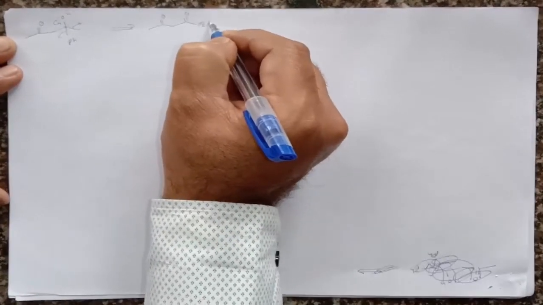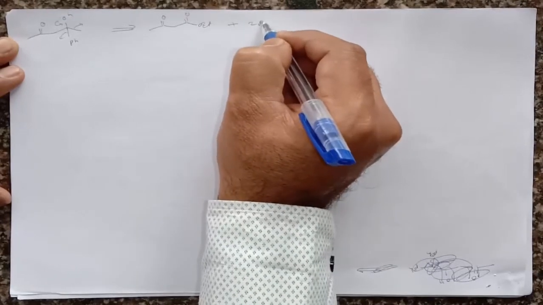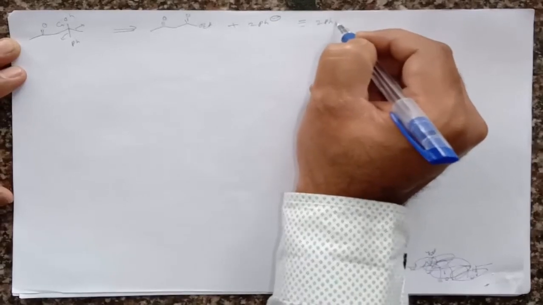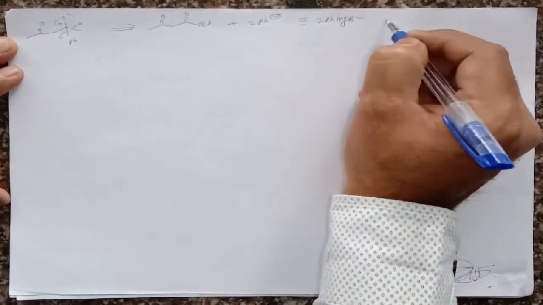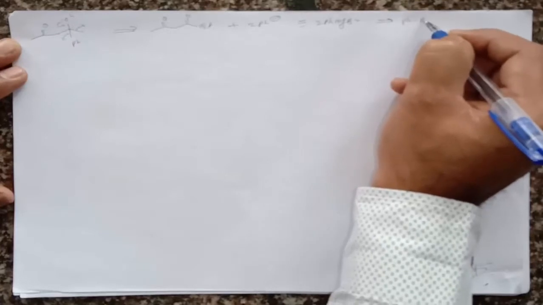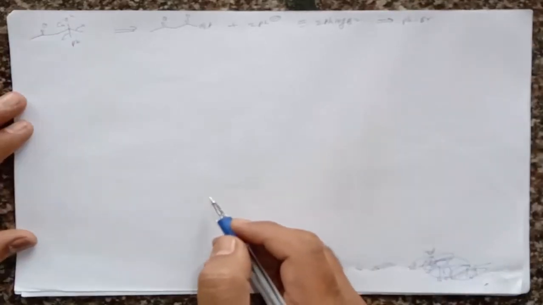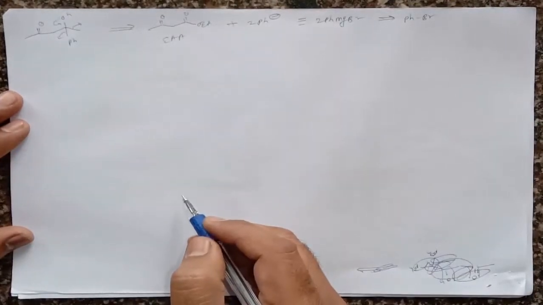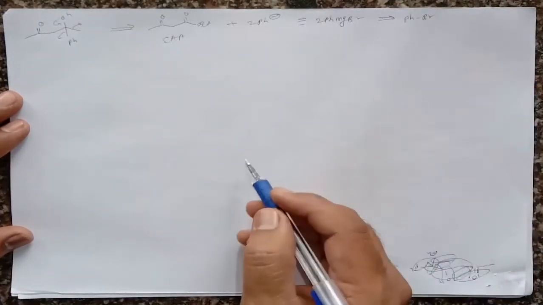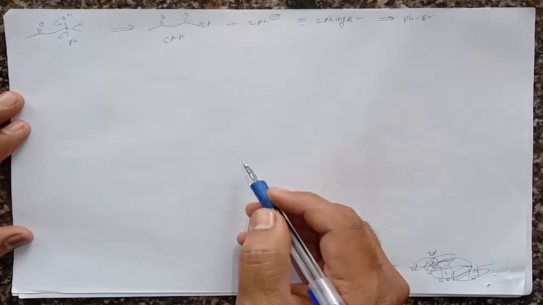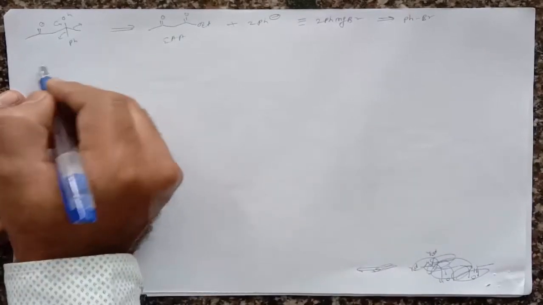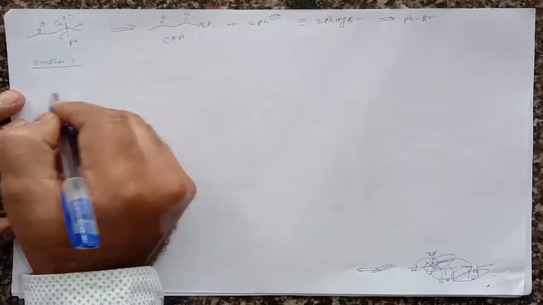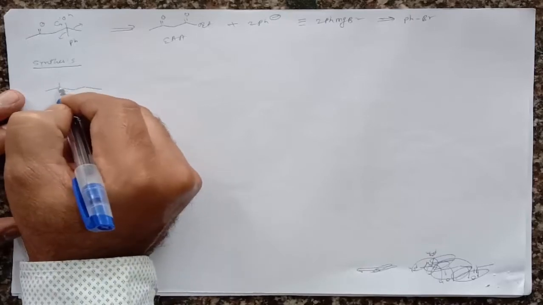C double bond O, OEt, plus it gives formation of 2 Ph minus phenyl, and it can be easily prepared from phenyl magnesium bromide, and it can be easily obtained from phenyl bromide. Right? So this is ethyl acetoacetate. This ethyl acetoacetate is again easily available, and this phenyl magnesium bromide is again easily available. Right? So, synthesis. In the synthesis, we have to take this ethyl acetoacetate.